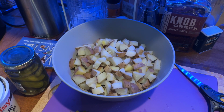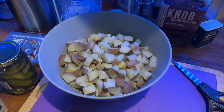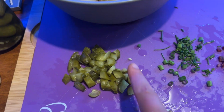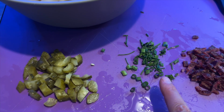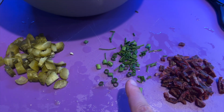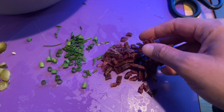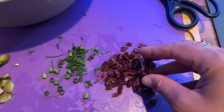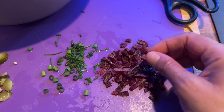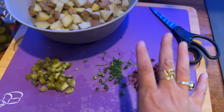So if you're not growing your own potatoes, I recommend stocking up on some and keeping them in a cool and dark place. And then we have some pickles to go in there, and I have some chives growing in the garden. They are pretty resilient when it comes to the snow, so they are popping up. And I have some green onion, and then I didn't have bacon, but we have some beef jerky that was nearing the end of the bag. So I just cut it up with some scissors,